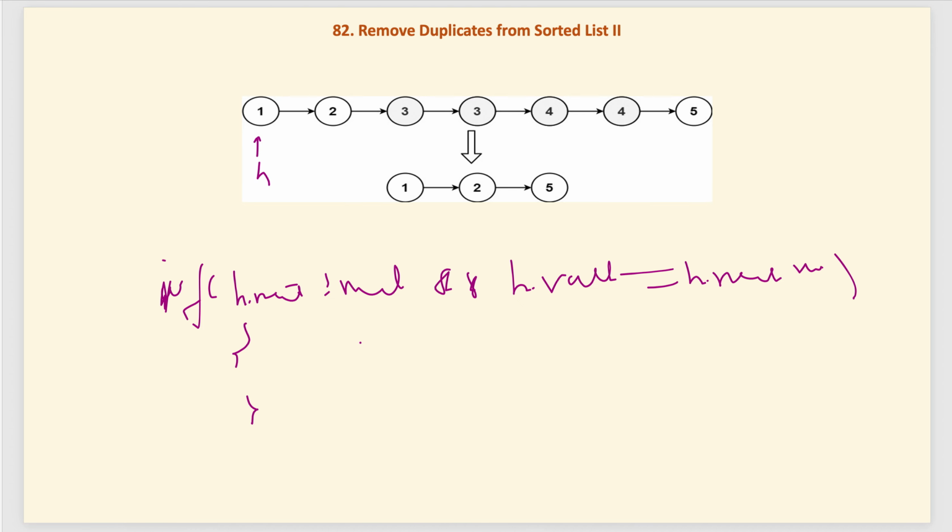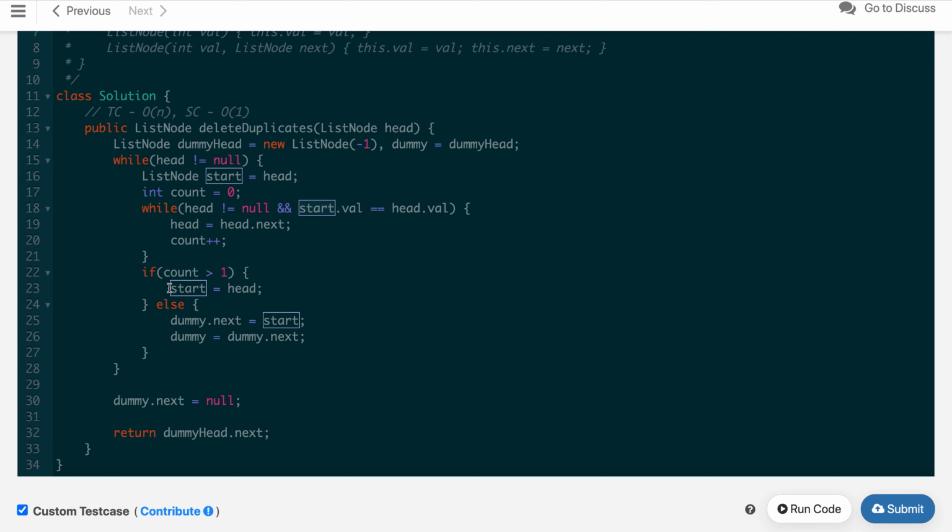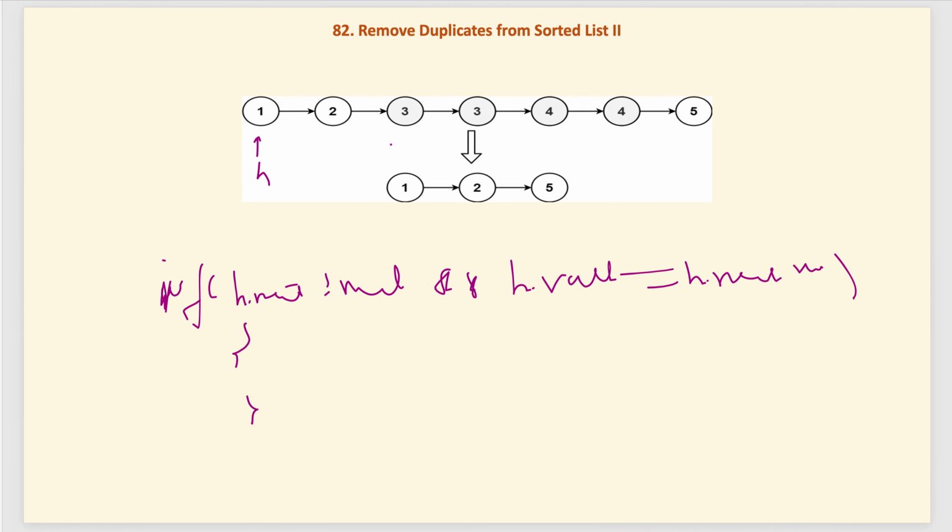Once we break out of this while loop here, we just need to update our previous pointer to the new head. So when the loop breaks, head will be pointing to some node. So this will break over here itself. In the initial case it does not go in, so we need to mark, like if our dummy is here, we will update dummy.next to here and dummy will shift here. Similarly here head.next and head are not the same, so we will update this here, and our dummy is now here.